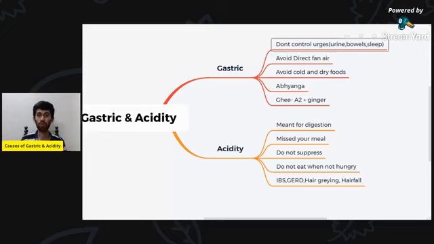Yes. I hope this was clear for you. Type CC if you understood the gastric and acidity through the lenses of Ayurveda. All right. So gastric is caused when vata goes out of balance, and acidity is caused when the pitta component is out of balance and it joins with vata and starts causing all the issues, because vata will transport that undigested food to your whole body, and wherever it goes, it causes issues.